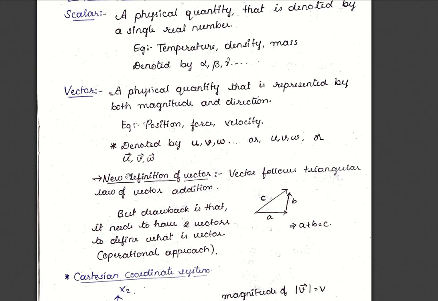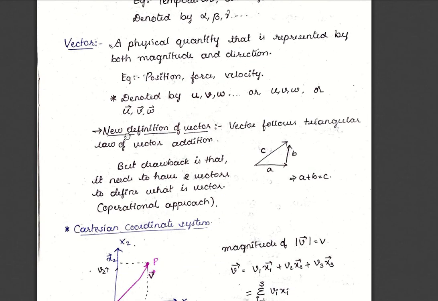because all the quantities which have both magnitude and direction cannot be called vectors. For example, electrical current is represented by two scalars. Two scalars will never give you a vector quantity, so even though it has magnitude and direction, it cannot be called a vector. So in that way, we have a new definition of vector which is widely accepted by many